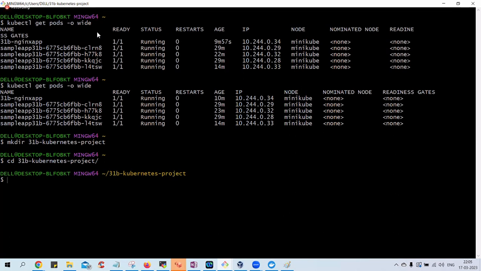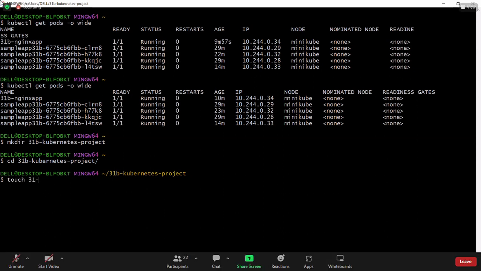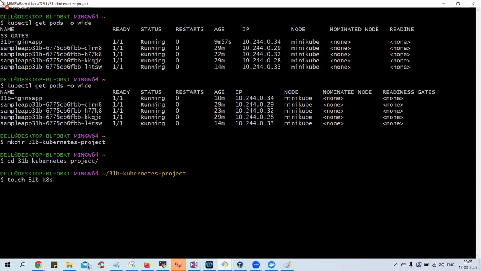We can give anything. There is no particular name. It can be anything. So I'll say touch, or let's say touch 31b K8s code dot YAML. Simple. So 31b K8s code dot YAML. But the extension should be YAML, guys. Done, created. Open this